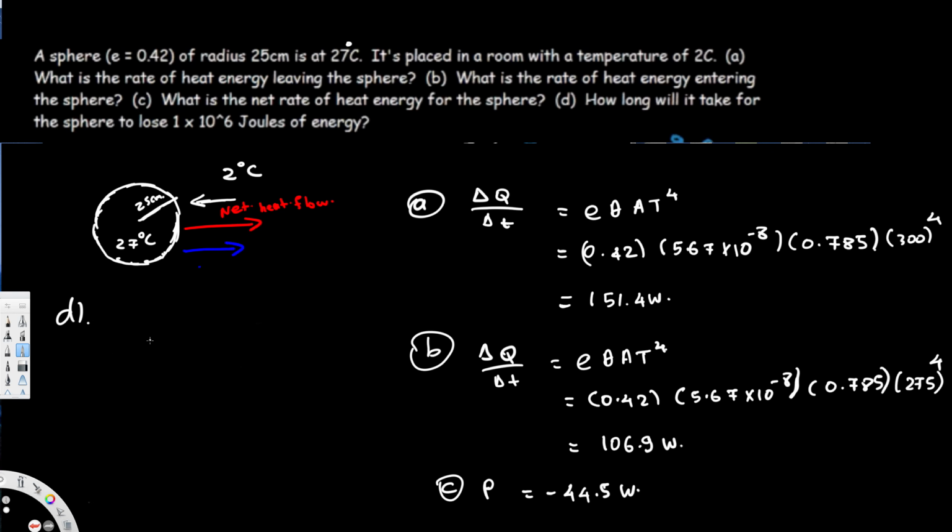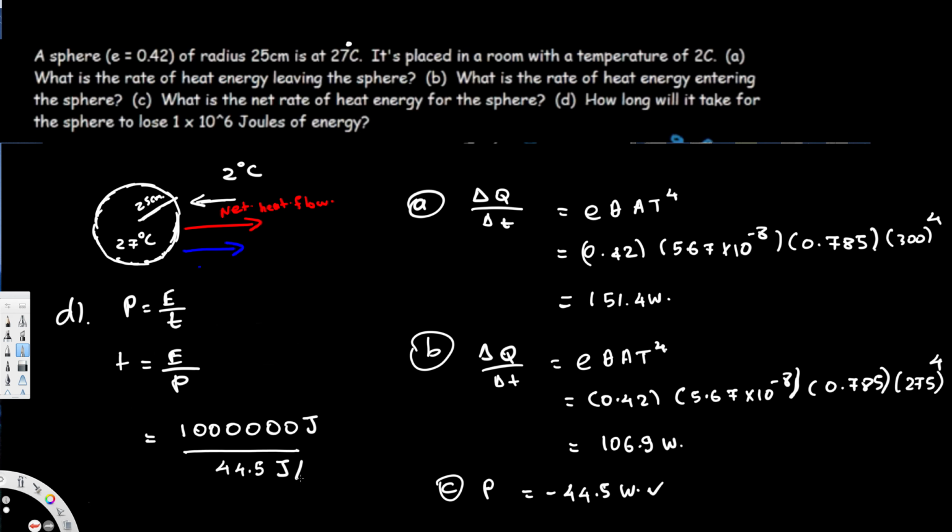So we are trying to find the time right here. Power is equal to energy over time, so time is equal to energy over power. We already know the power right here, and we have the energy that is provided. If we divide this one by this one, that's going to give us the time it's going to take to lose this much amount of energy. So let's plug this in. This is 1 million, 10 to the power 6, divided by 44.5 watts. So this is joules, this is joules per second. And if you calculate this one, that's going to give you